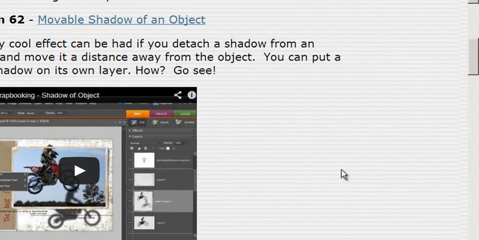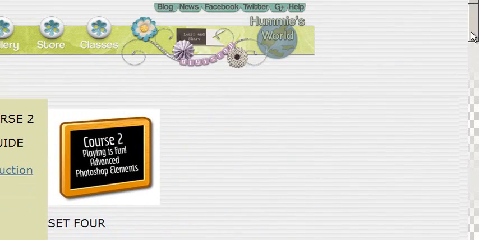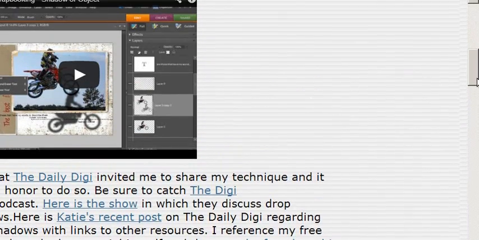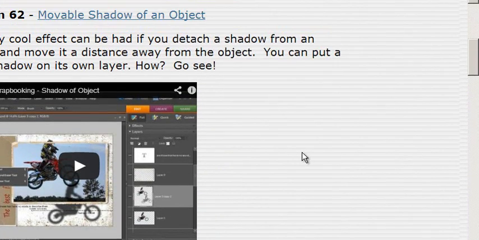This lesson in Course 2, it's lesson 62, so you would go to set 4, is a movable drop shadow of an object. And you can see vaguely here how I have the shadow. It's just something artistic, the shadow of the bike further down on the layout. And that is a fun artistic thing. That's not really realistic, but you can do some really fun things with shadows